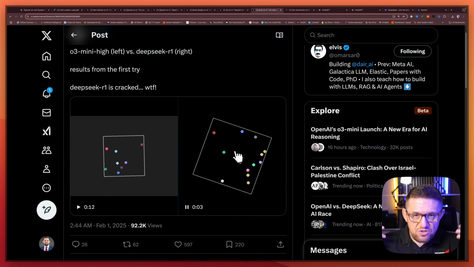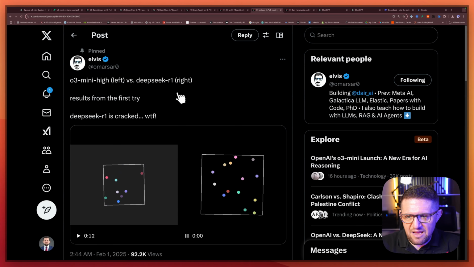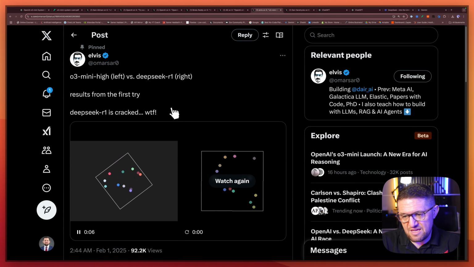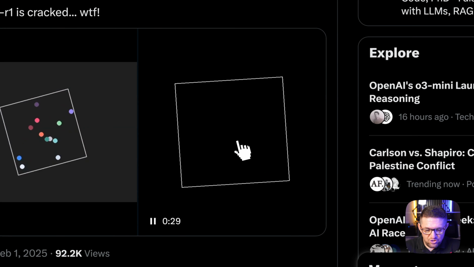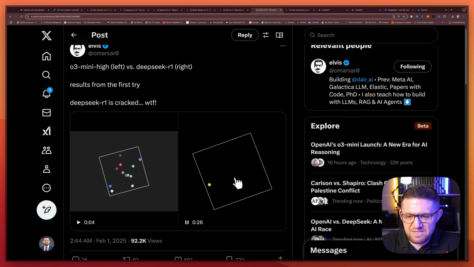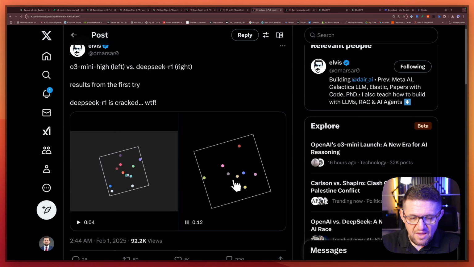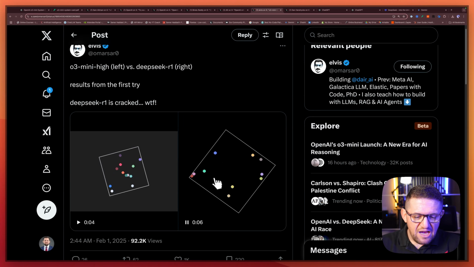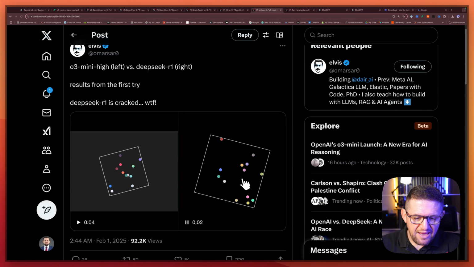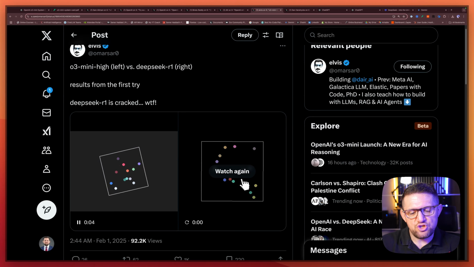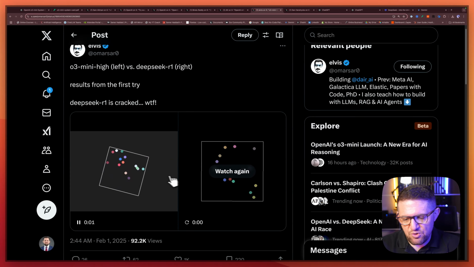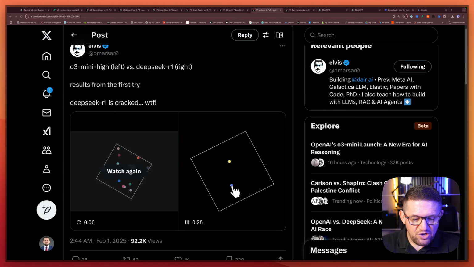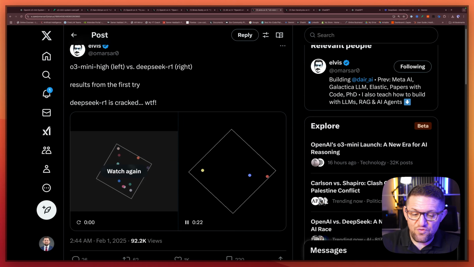And again, you get my point around these benchmarks here. This is one of the main people I follow and I trust somehow when they talk about AI models, as they test for themselves. I don't know if he created that test on his own, but he's saying that DeepSeek R1 is cracked. The way I understand his message, maybe I'm wrong, is that it actually got it much better. If you see how the balls are reacting, it looks like a true physical interaction between balls. Here you can see balls are going through each other. They're not bouncy. So R1 created a model that follows lots of rules that make sense.